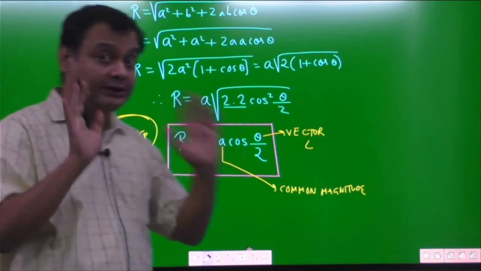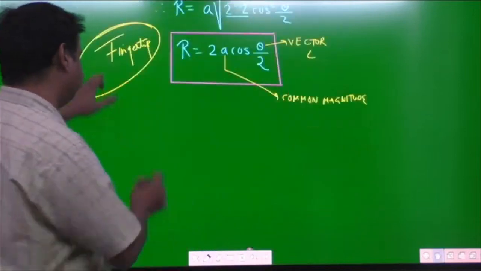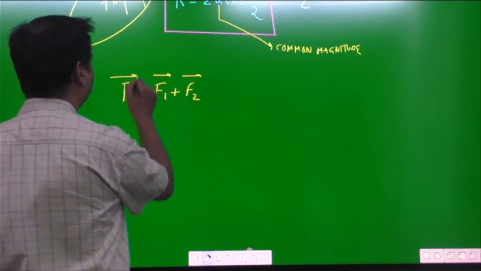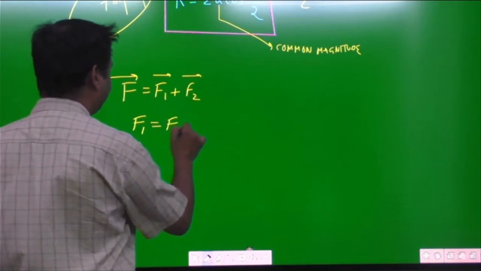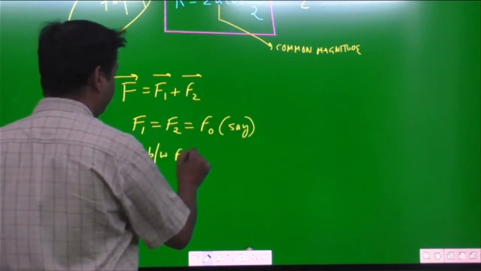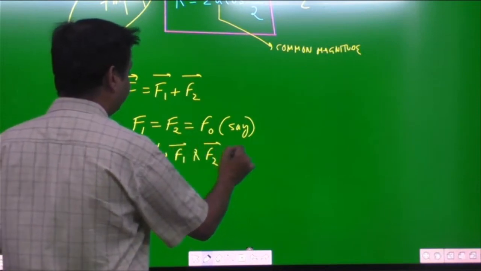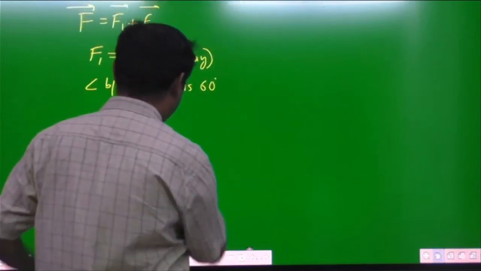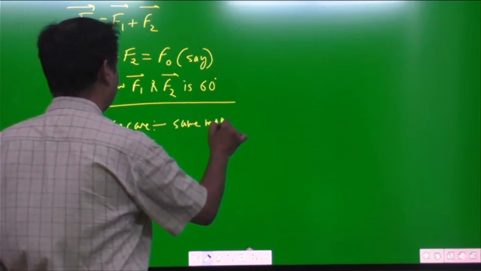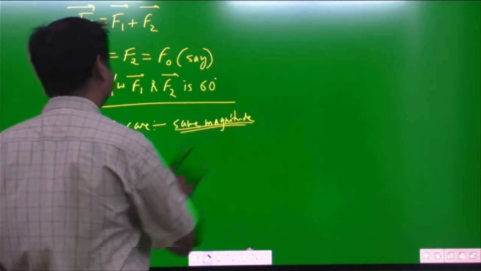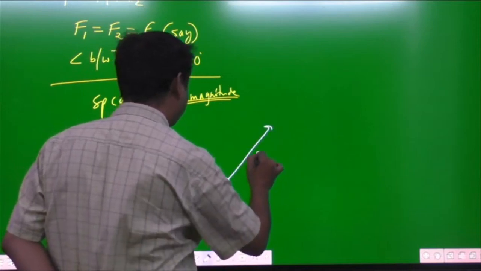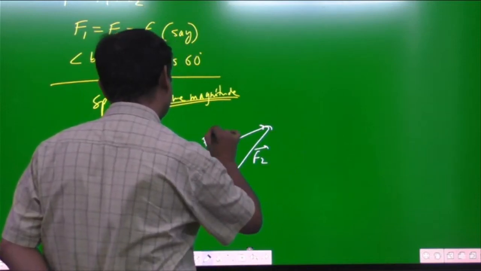You can apply this formula only when two vectors have the same magnitude. Like, suppose I'm adding F1 plus F2, and the magnitude of F1 is the same as the magnitude of F2, say F0. And the angle between F1 and F2 is say 60 degrees. So I can make the figure. We have a special case here. Both the vectors are of the same magnitude. So when I make the figure, I will make first vector F1, second vector F2, then I'll make the resultant vector F, and since they have the same magnitude,